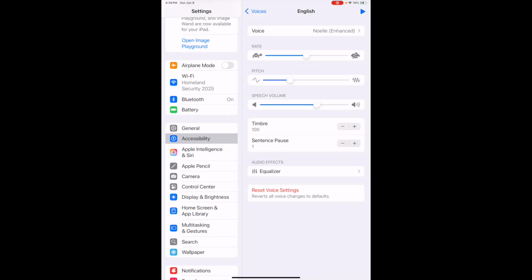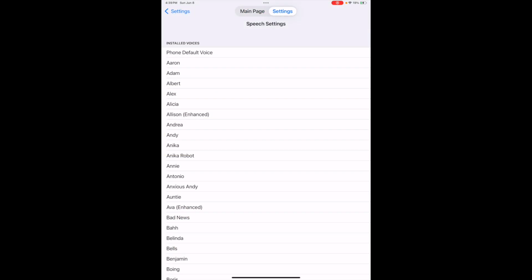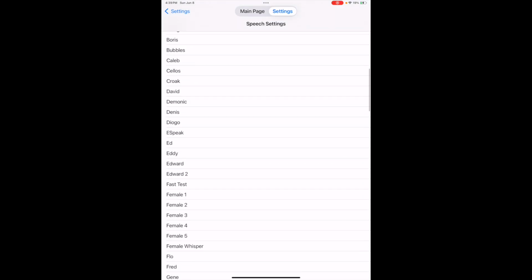Let's just leave it like that for now, and we're finished. Let's go into TalkTablet Pro. Now we go into settings, and here's installed voices. And if I scroll down now,